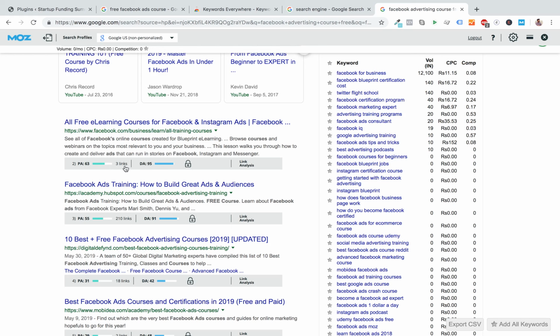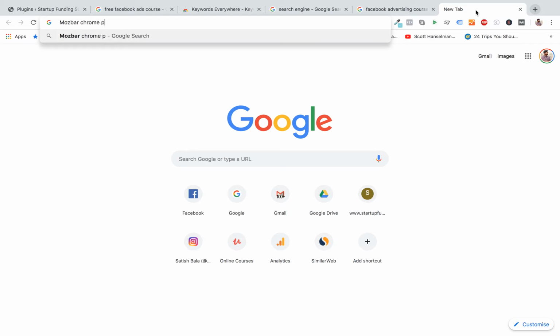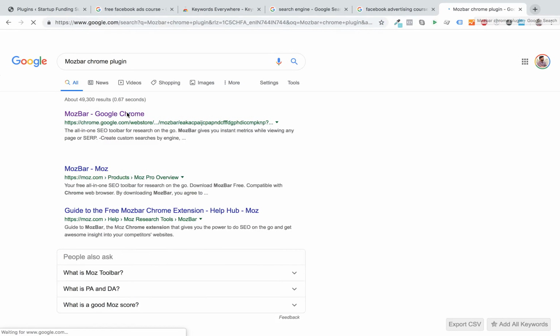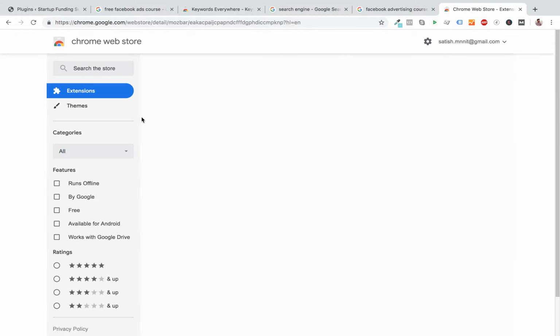So how am I seeing this domain authority and page authority? I've installed a plugin called Moz. It's a Chrome plugin. Install this MozBar Chrome plugin, and you can see this thing. It's a very simple to install plugin. Just type MozBar Chrome plugin.